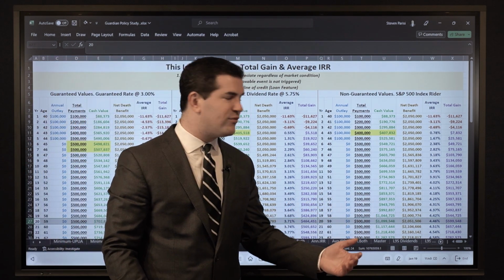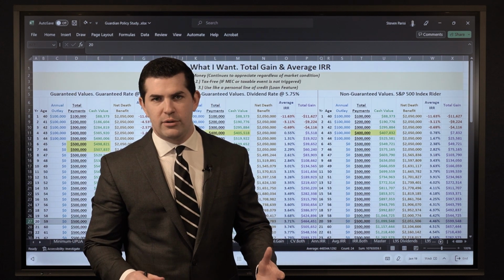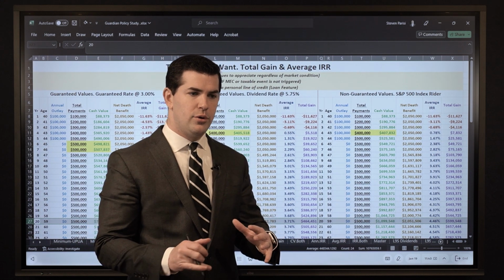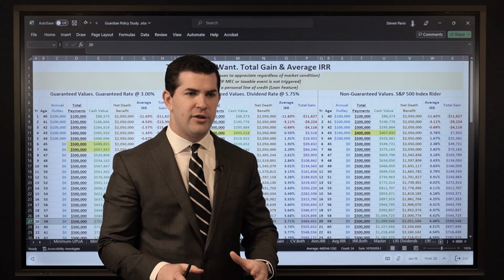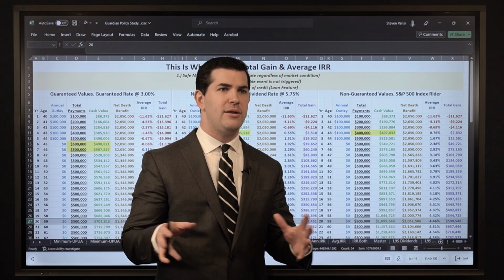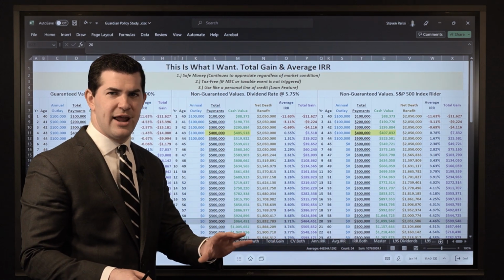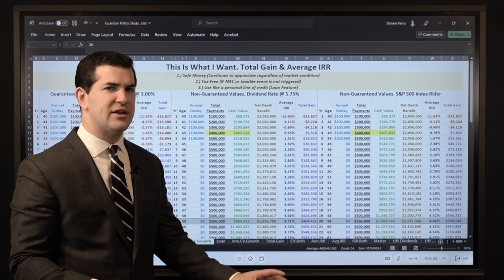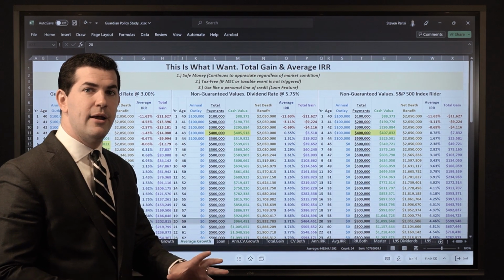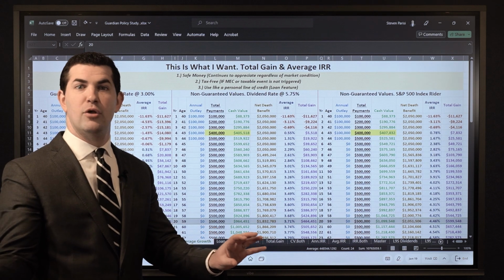These different columns, the average IRR, the total gain, or the annual cash value growth, we can show them all, like we can put them in a report along with the full illustration for anyone we're working with. But if you are working with us and you prefer one over the other, usually we'll still include them all in a supplementary piece, but on the main cover page, we'll put the item that you're most interested in. If you request it, if you said, hey, can I see the yearly cash value growth? Because that's what I'm most interested in, so I can see what it's growing by each year. And then if I plan on using the money, I can compare what the policy is growing by each year directly with what I am paying in loan interest, for example.